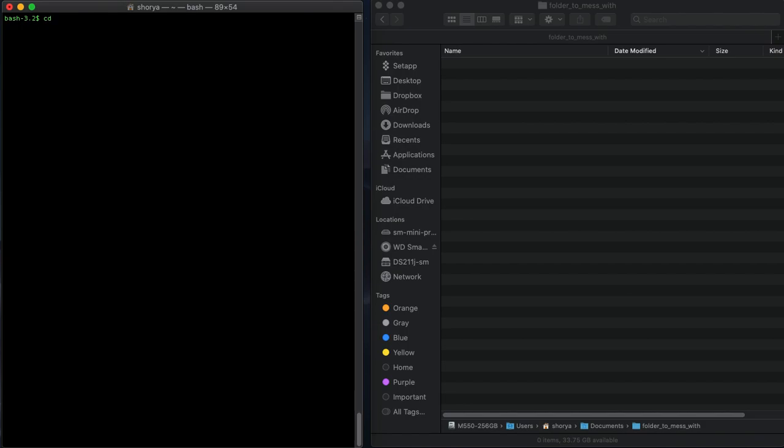So everything has a path. Every single file I want to go to has a path somewhere. So let's say I want to go inside documents. I could go CD documents. But I know if we look here in Finder, I have this folder. It's called folder to mess with. So if I do CD folder to mess with,